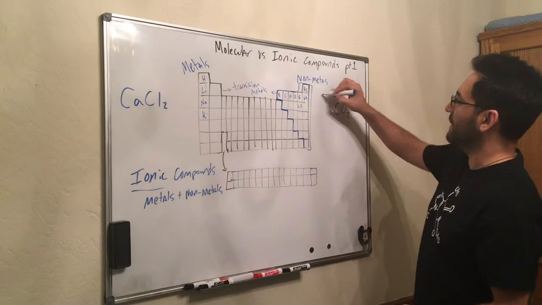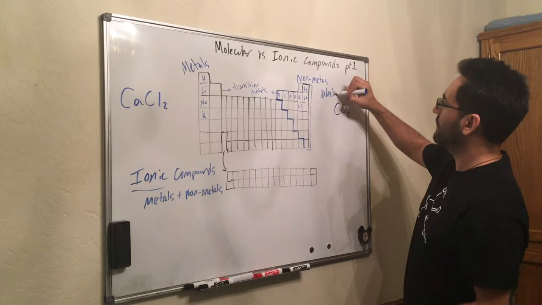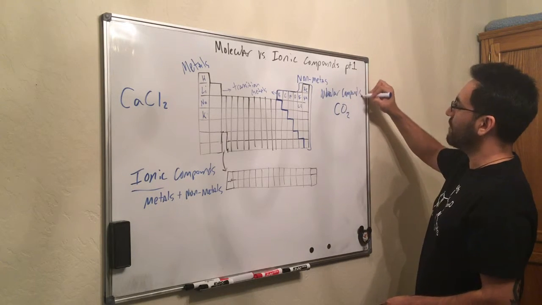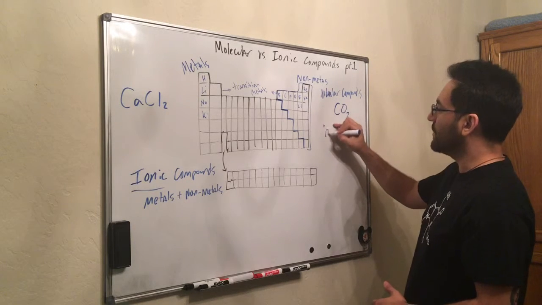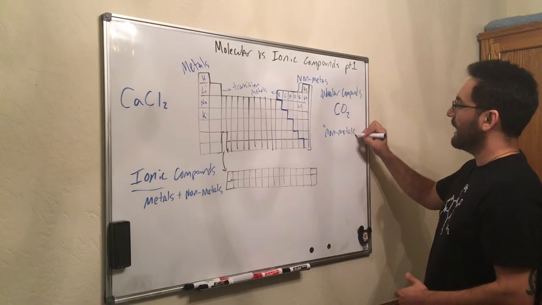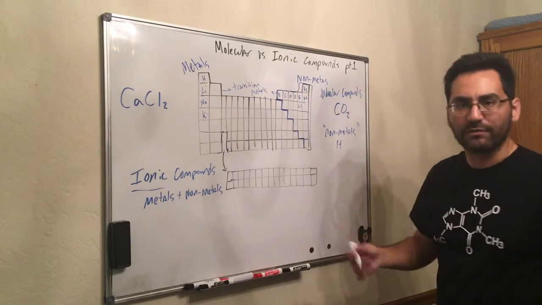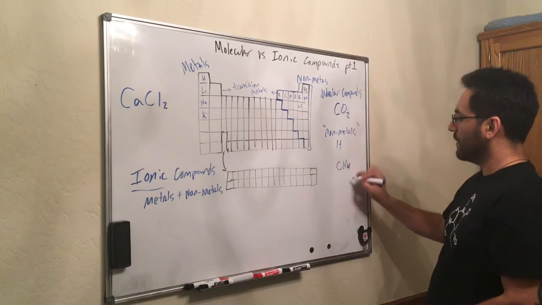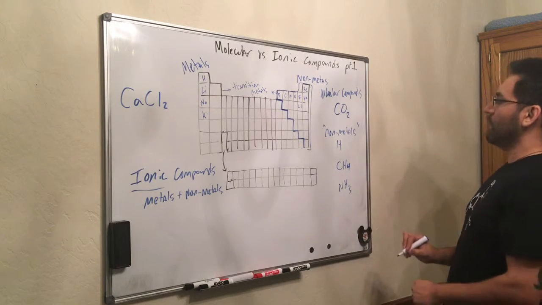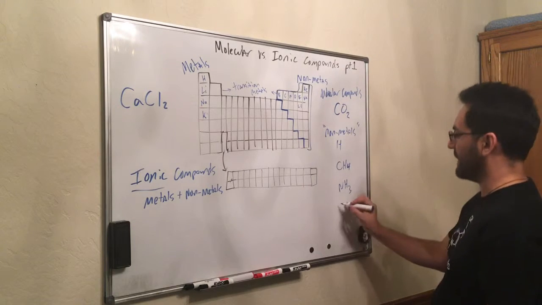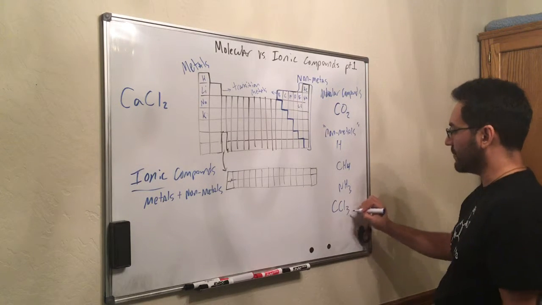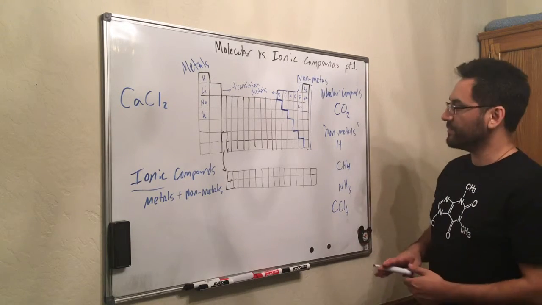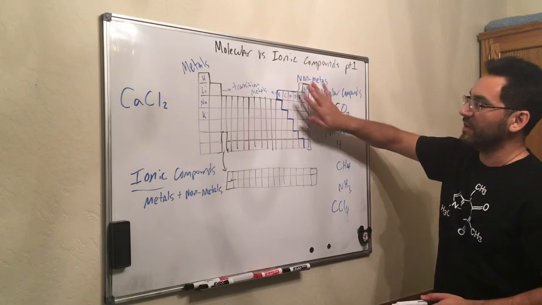Now, molecular compounds, there's a C in there. These molecular compounds are made up of just nonmetals. And hydrogen tends to count as a nonmetal. So when we see compounds like CH4 or NH3 or carbon tetrachloride, we would define all of these as nonmetals because they consist of atoms that are here on the right side